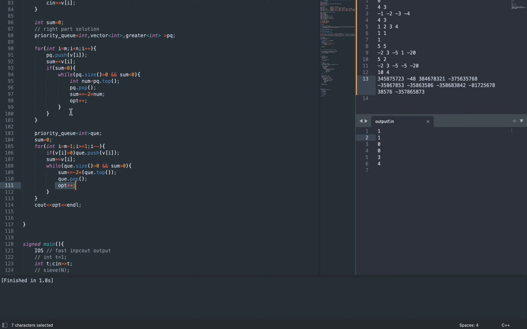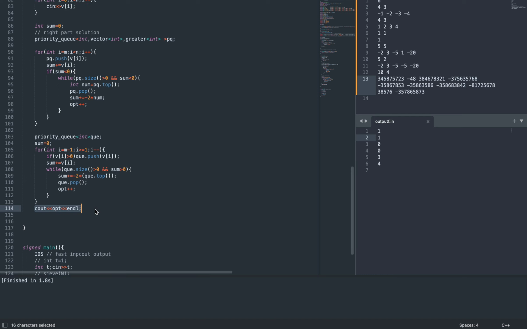So here we add the total number of operations required from the left side and right side, and then we have to print that number of operations. You can see here for the first test case the number of operations required is 1, and for the second test case the number of operations required is 1, and for the third case we require operation 0. Similarly, for the fourth test case the number of required operations is 0, and then for the fifth test case the number of required operations is